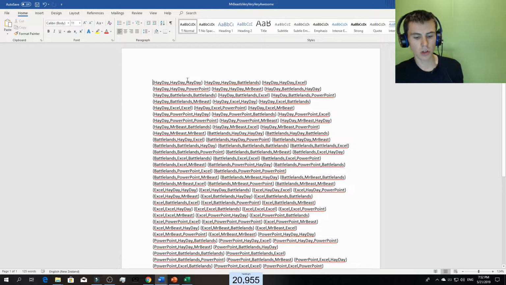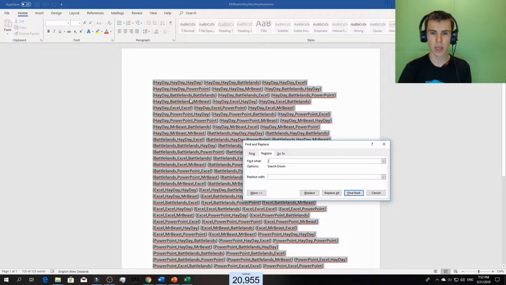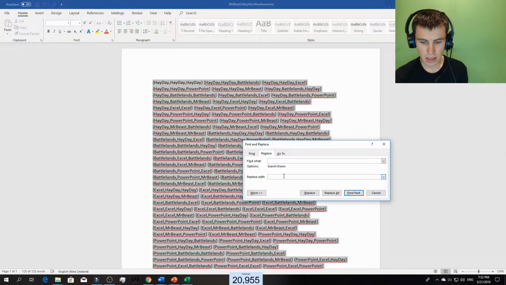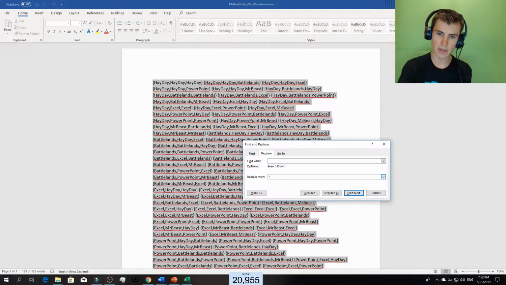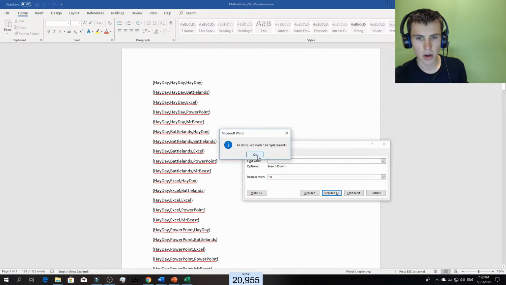Now you have to go Control A, okay, and then go Control H. There's a lot of these things in it. Okay, so what you have to do for this is you have to get rid of some stuff. So first of all, let's get this stuff done. So there we go. We press spacebar, the first time you press spacebar, and then replace with this little icon there. So you press Shift and then 6, and it will do that thing there. And then press P. Okay, and now click replace all, and then press yes. So there we go. Now we've got them all